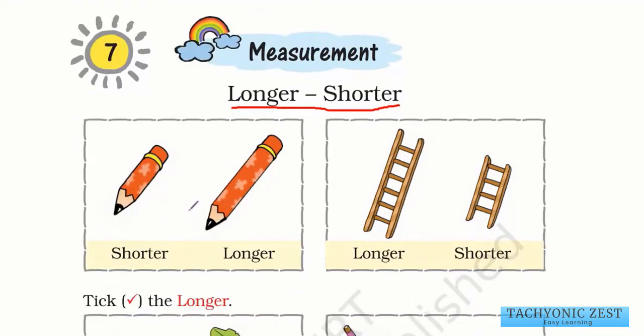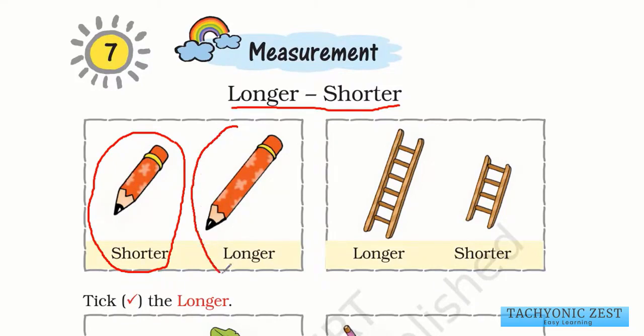As we can see in this picture, these are two pencils which are given. One pencil, this pencil, we say that this pencil is shorter and the other pencil, this is longer. So this pencil is longer, this pencil is shorter. Now longer, shorter, whenever it is there, it is obviously in comparison. So we say this pencil is shorter as compared to this pencil, and we say this pencil is longer as compared to this pencil. So shorter, longer is always said in comparison to something else.